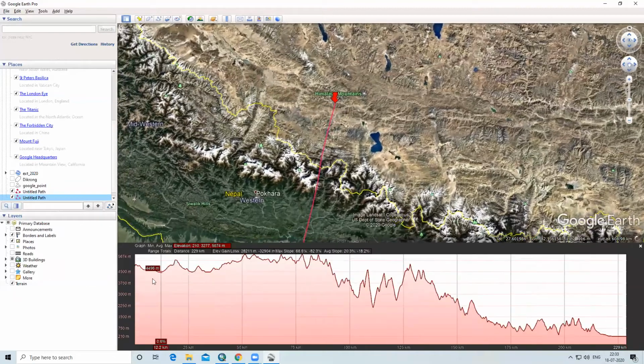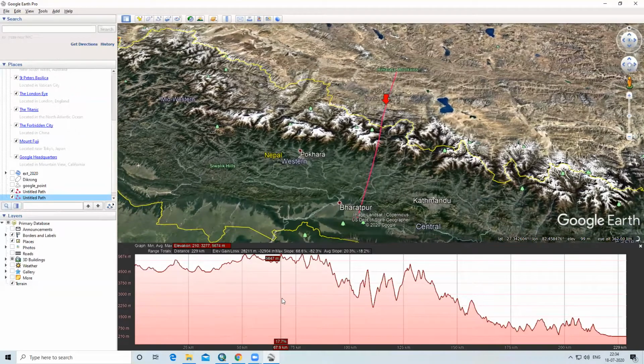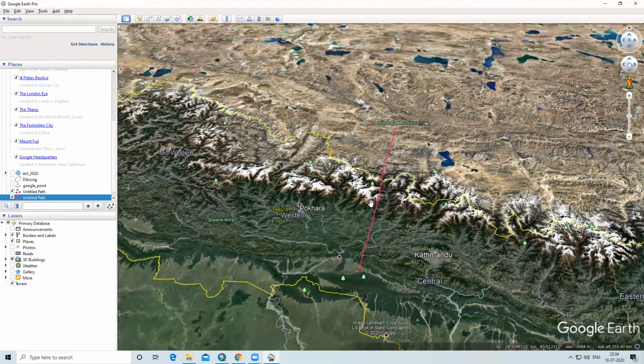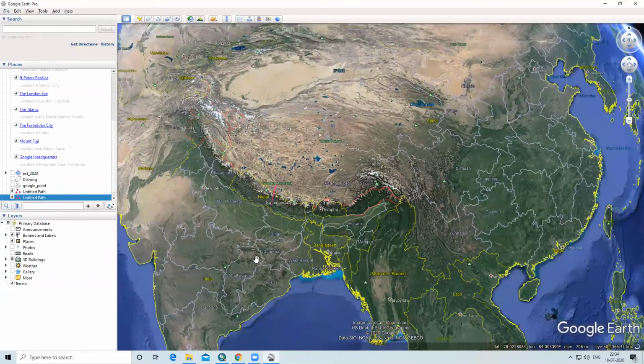Show elevation profile. So now you can see, as we are moving away from Mount Everest, as we are moving away from the Himalayan mountain, the elevation decreases.